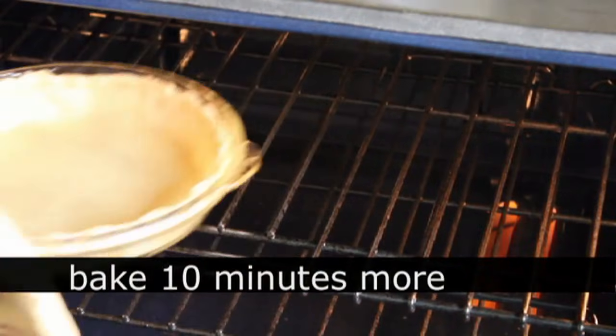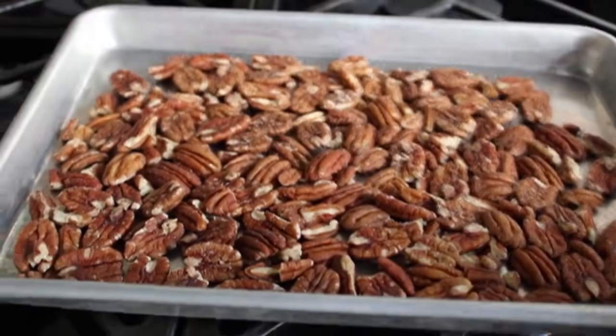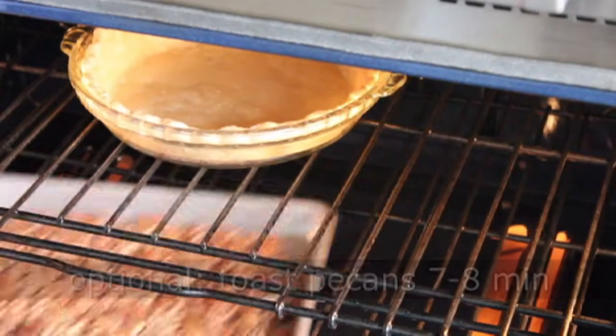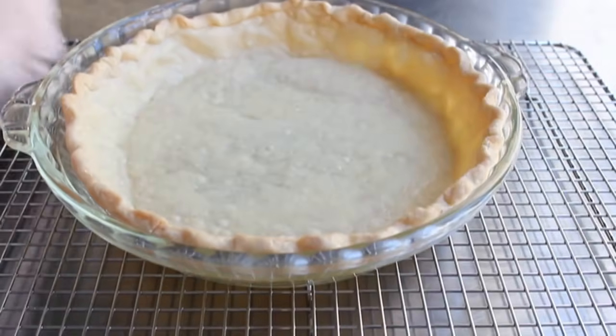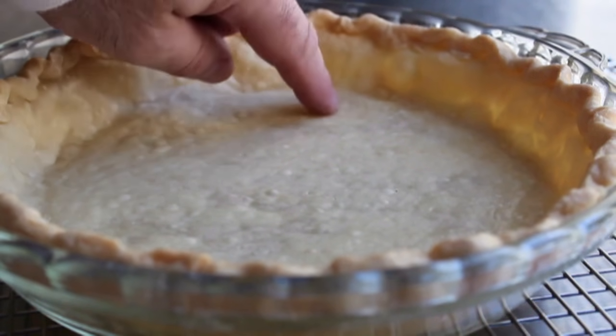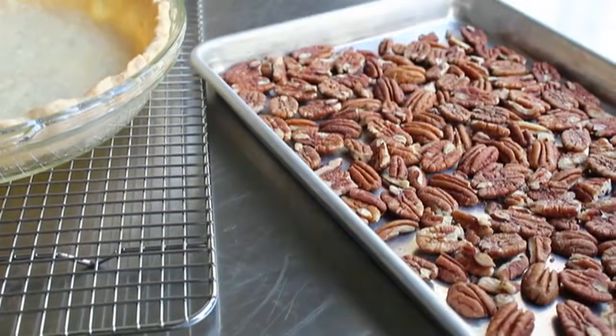And by the way, one optional step, since the oven's already hot, I like to give my pecans about a 7 or 8 minute toasting beforehand. So when I see there's about 7 or 8 minutes left on the timer, I'll pop the nuts in. And then when the timer rings, we'll remove our pie shell, which at this point should be a very, very light golden color. So our crust is ready, our pecans have been lightly toasted, and it's on to the rest of the filling,